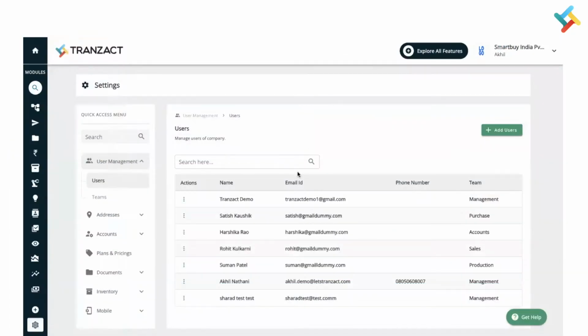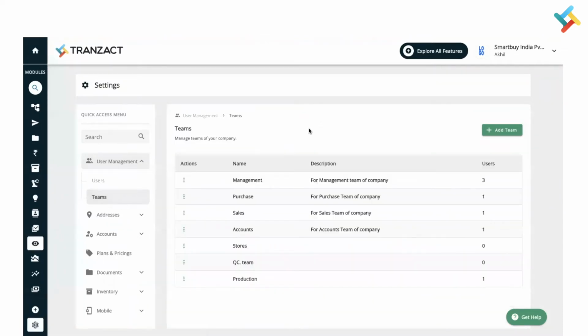So you will come to the user segment of your settings. Now here you will see the option of teams. Click on teams. Now these are the list of teams which are already added in your profile. So as you can see, I have already added a production team and there is one member which